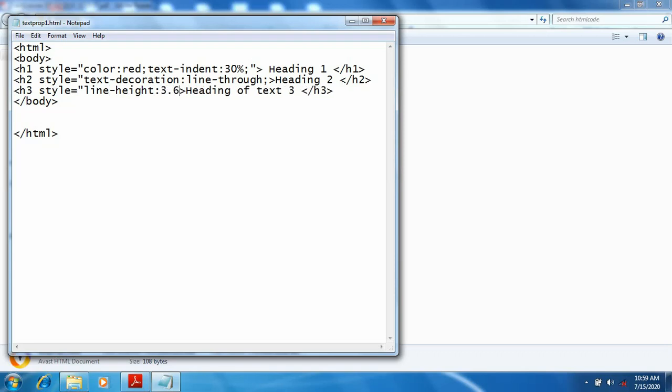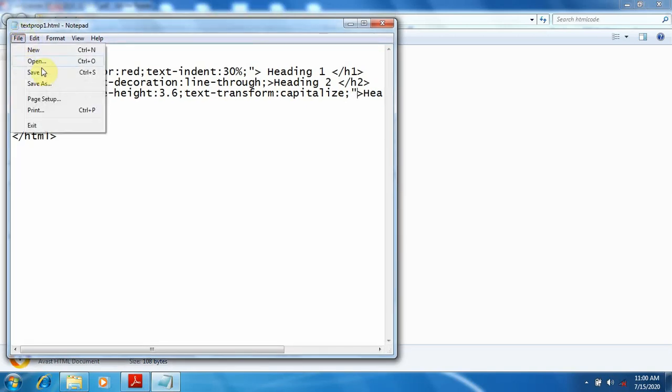For example, I am giving 3.6, then semicolon, and next I am giving text transform, then semicolon, and you can take any value like uppercase, lowercase. I am taking capitalize. Through capitalize, the first letter of each word becomes capital. Okay, now close the inverted commas. Okay, this is the coding.